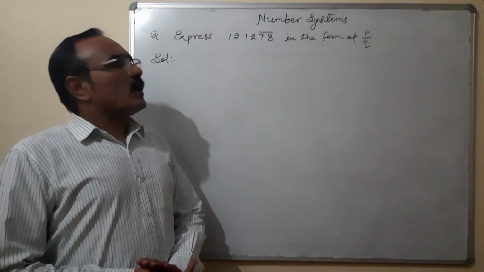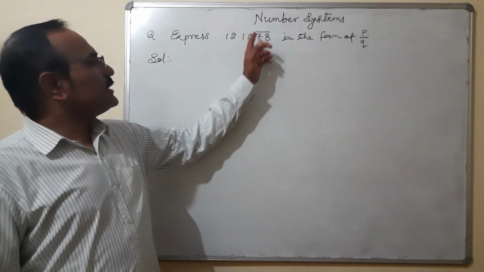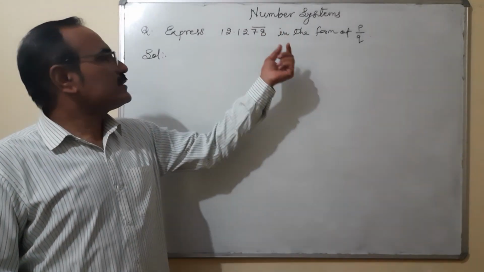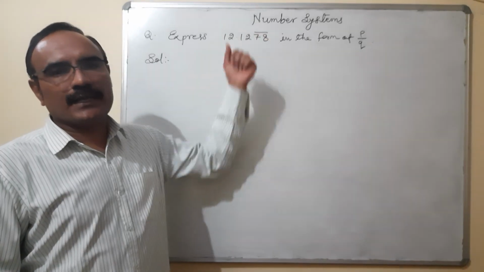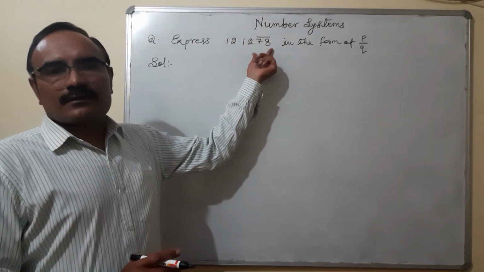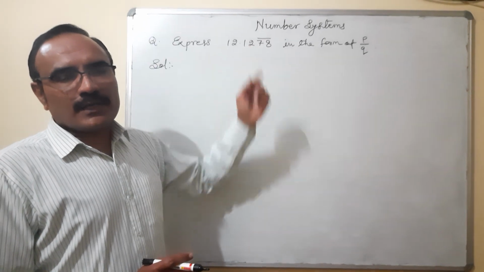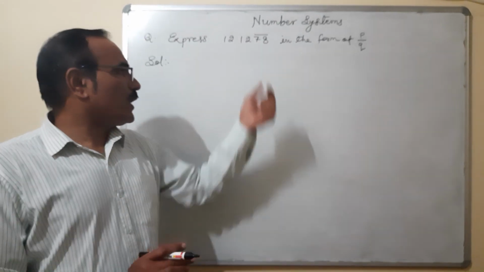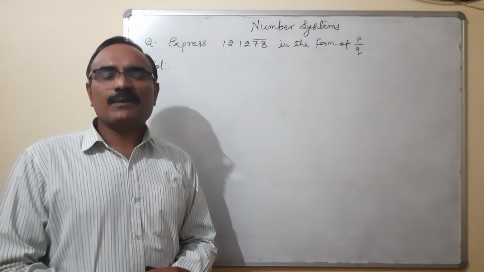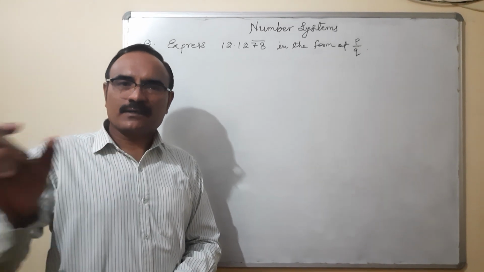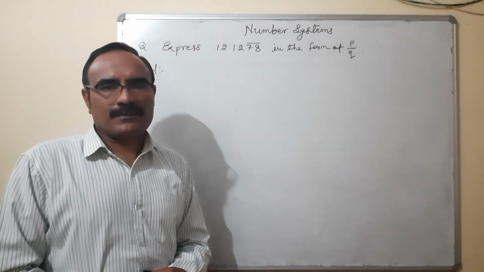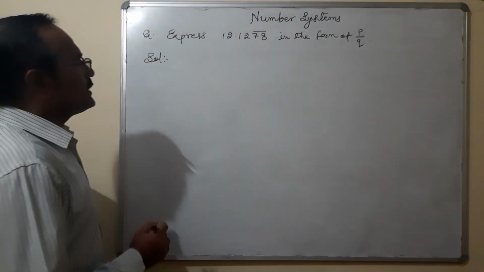The number is 12.1278, and you can see this line, which is known as the bar, on 78. So this is a bar term. Let me tell you the meaning of it. Whatever has the bar, that means this 78 is repeated again and again up to infinite times. Okay, so let